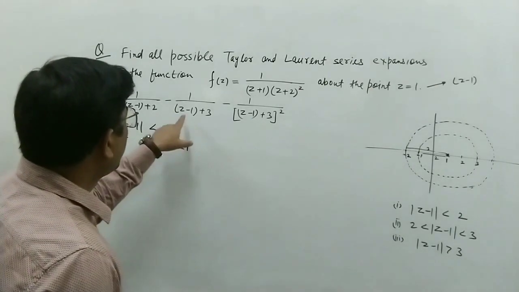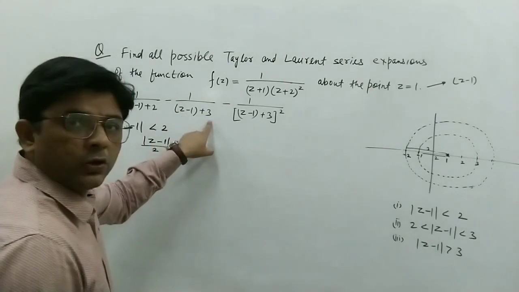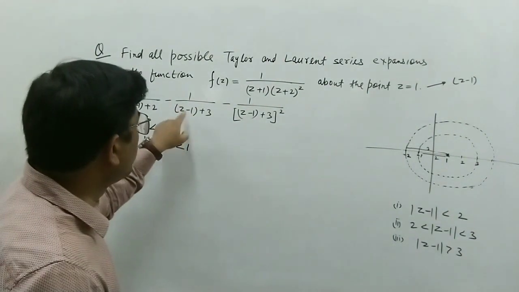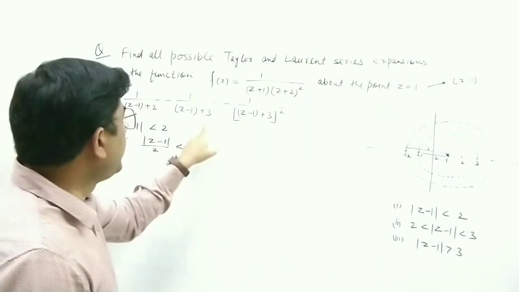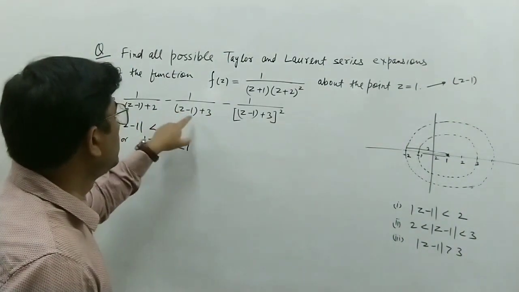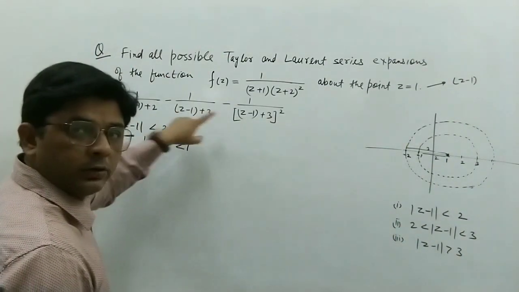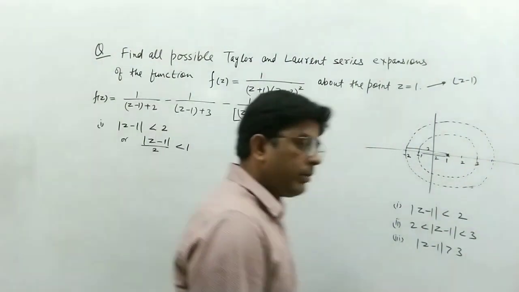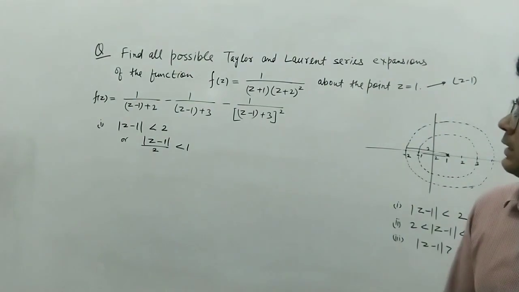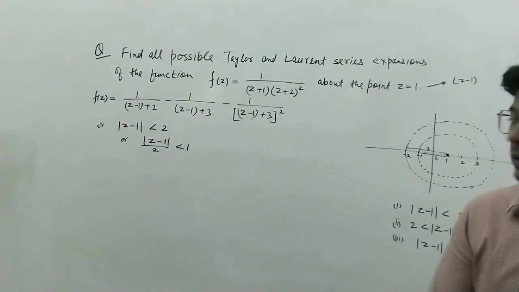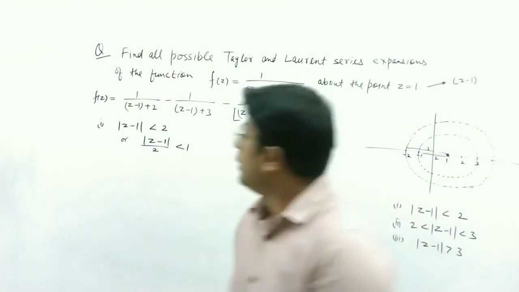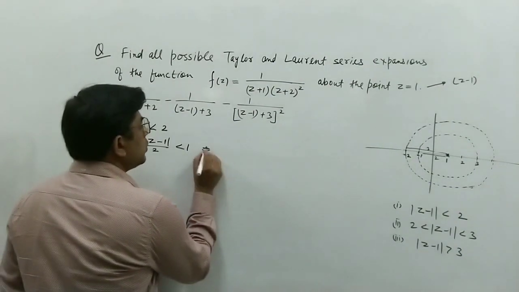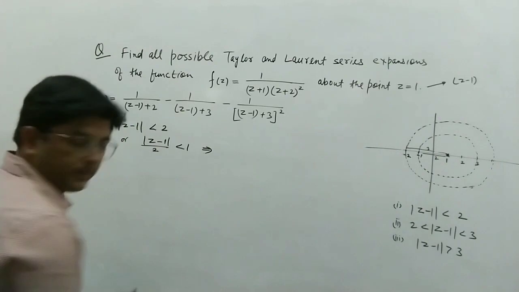Also, because we have z minus 1 here, either we can take z minus 1 common, which gives 1 plus 3 upon z minus 1, or if we take 3 common, it will be z minus 1 upon 3 plus 1. We have to take common such that the term is less than 1. Since we have mod z minus 1 upon 2 less than 1,